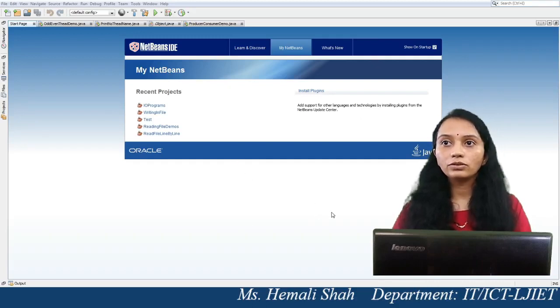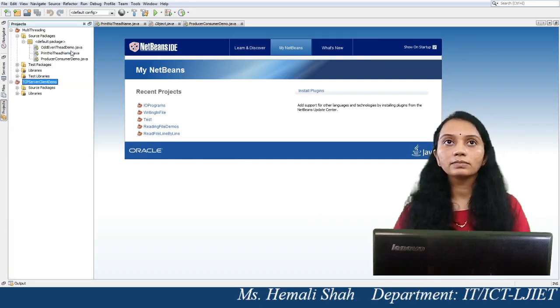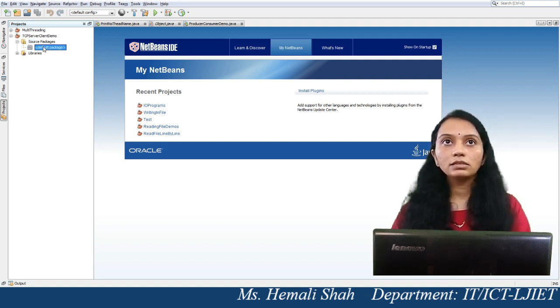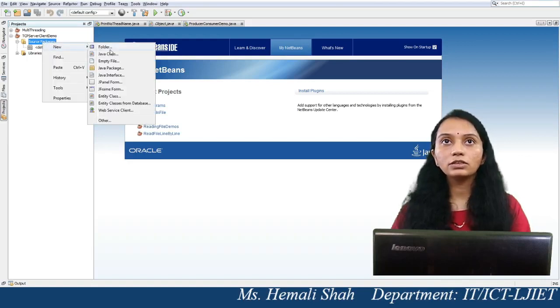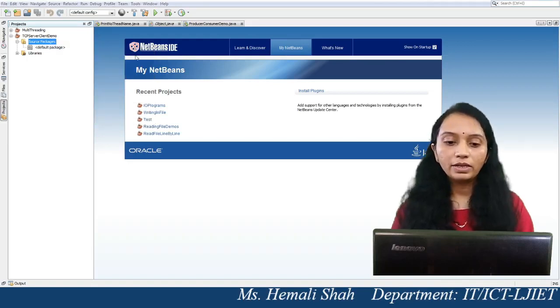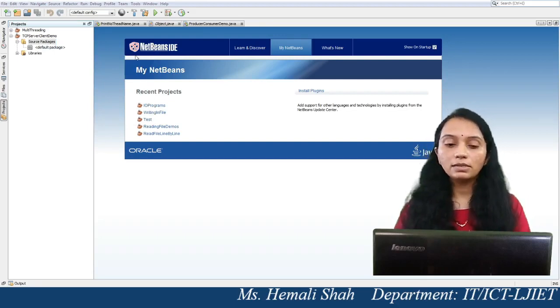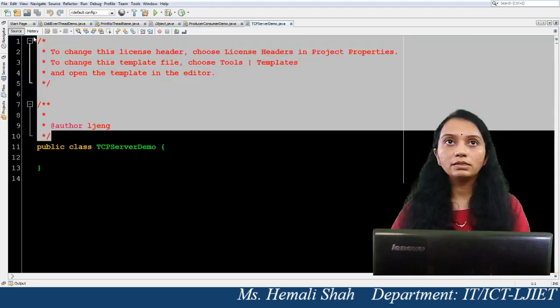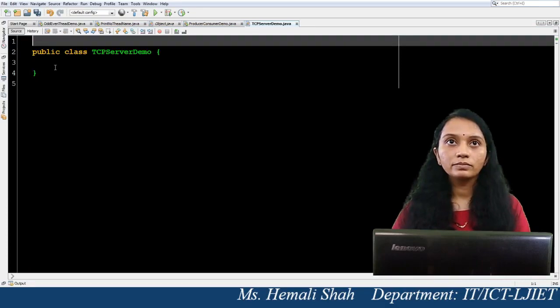Here I am not going to create a main class. Now inside this server client demo, inside the source package, create a new Java class. I am creating TCP server demo. This TCP server basically has the public static void main.